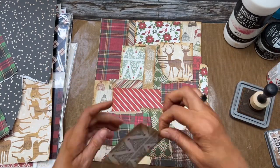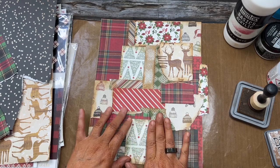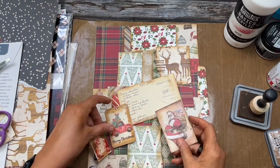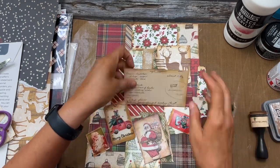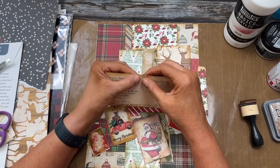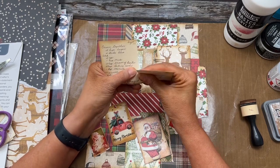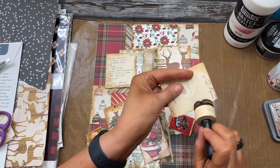because it just really adds to the definition. I have a few more pieces I'm going to add, so I have vintagized them, if you will. This is a recipe card. I'm going to actually tear it in half. I'm going to put part of it on one side and part of it on the other side of my